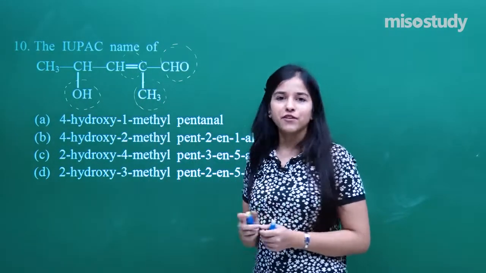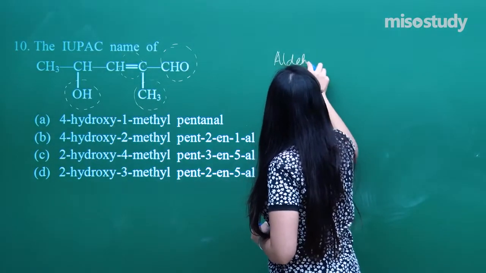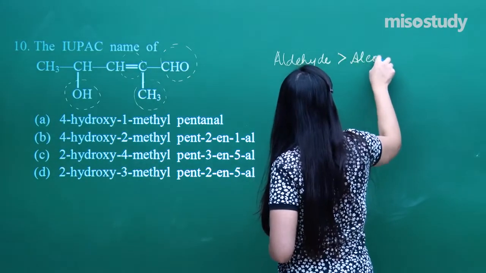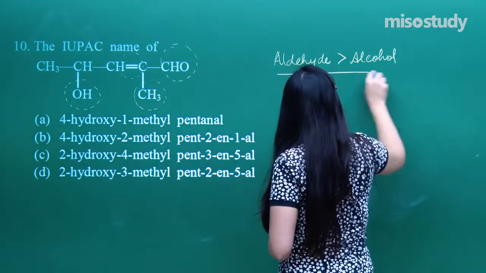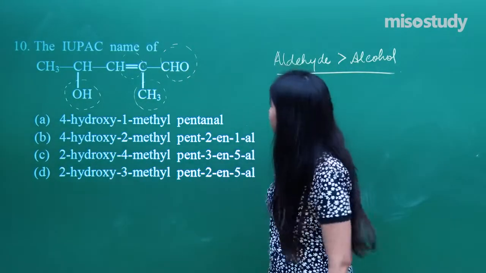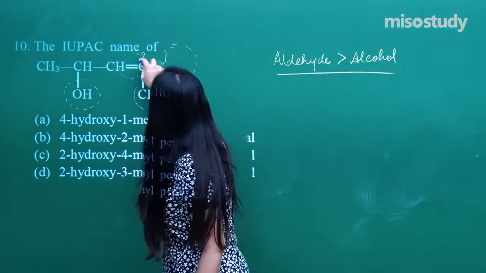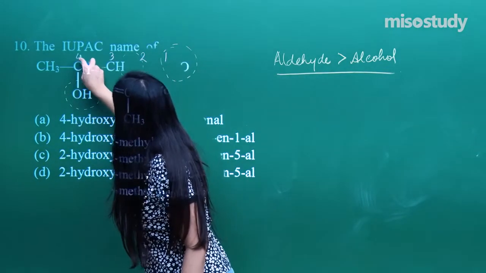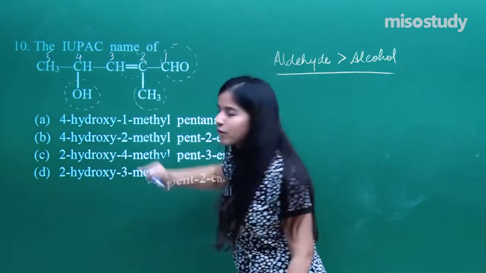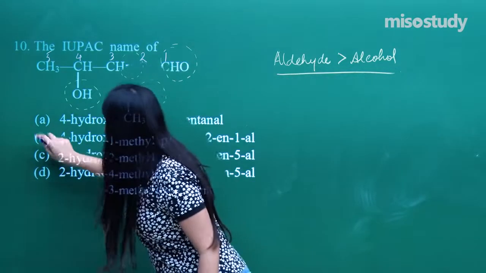So as per the preference order, aldehyde is always on the upper side, is always given the priority versus alcohol. So I hope you all remember the preference order. So let us just assign the numbers then. Number 1 definitely given to this, 2, 3, 4 and 5. So I need to have first of all 4-hydroxy. In which all options do you see 4-hydroxy? In these two options.